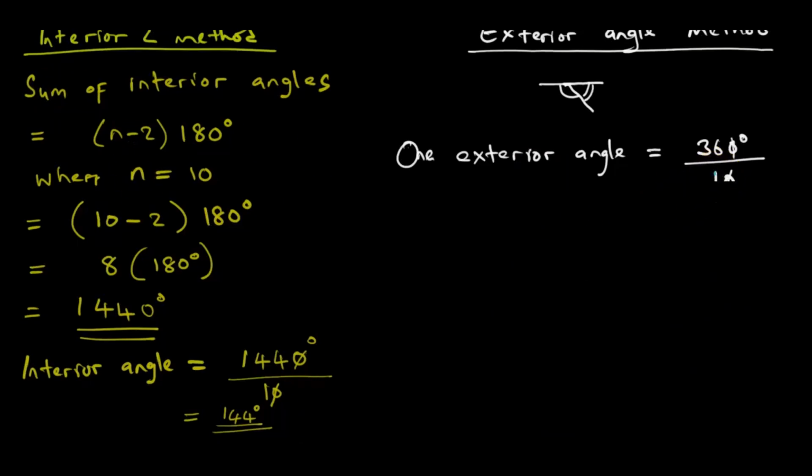So we are dividing this by 10 because we know that the sum of exterior angles is 360 degrees. Asi we have 10 exterior angles. Saka tikadivide 10 into 360 tichawana kuti exterior angle 1 yakakura sei, and we see kuti it's equal to 36 degrees. Taona kuti it's equal to 36 degrees.